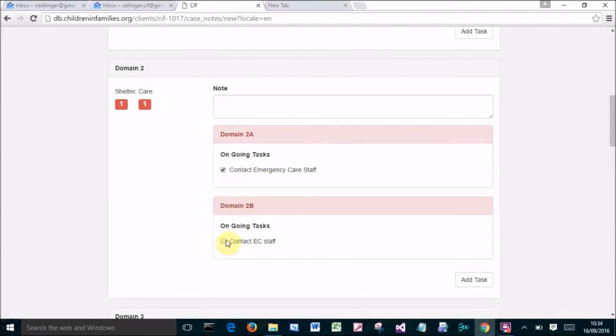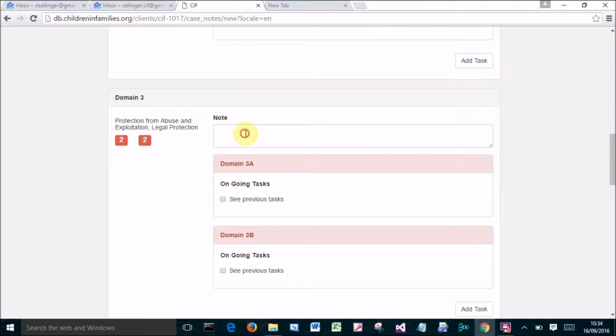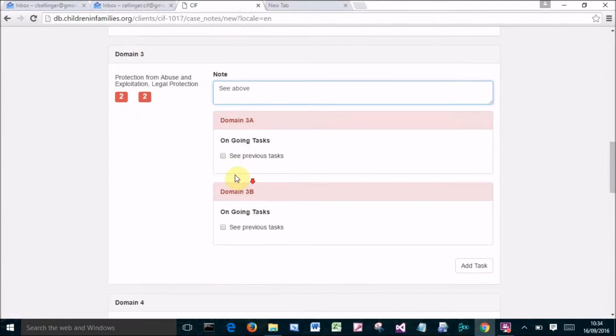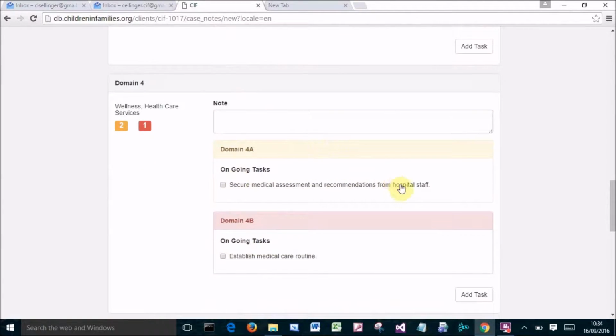So we've already contacted emergency care staff because we've actually arranged a placement. That should be a case note all of its own. In this case, we'll just put that in as it stands. See above, because these two are related to the same task. And now we've got to secure a medical assessment and recommendations from hospital staff and establish a medical care routine. So we'll say we've done both of these things, and we will say provided copy of assessment to carers and